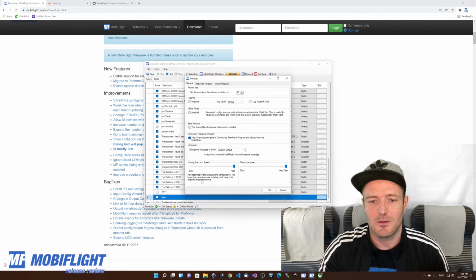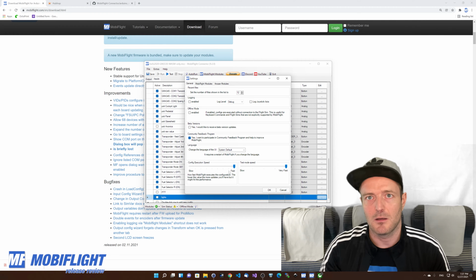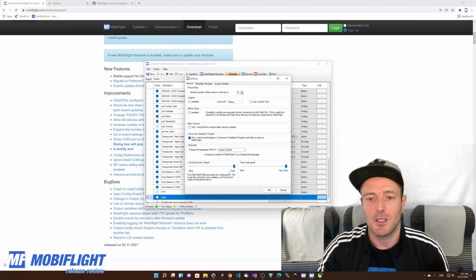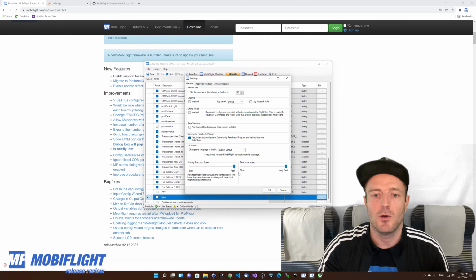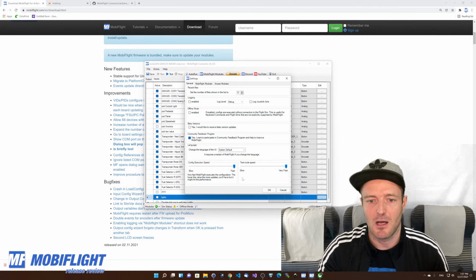It says that there might be a performance hit, but actually it's totally fine to run it on fast, and it will give you a very nice responsiveness, for example, if you have the turnaround time between an encoder event where you increment the radio frequency, and then seeing this radio frequency being displayed on your 7-segment display. So this is really where you notice that best, and setting it to fast is actually not a performance problem